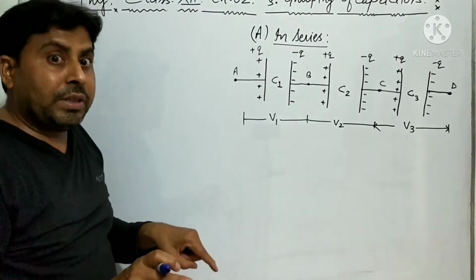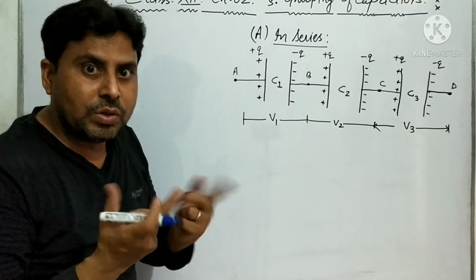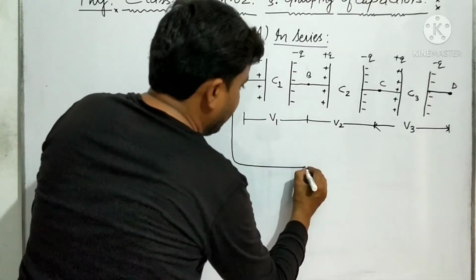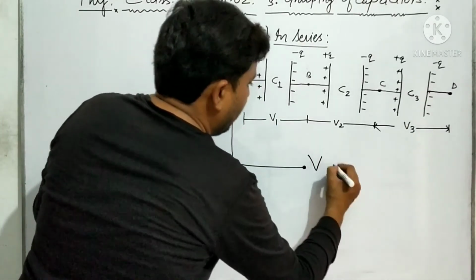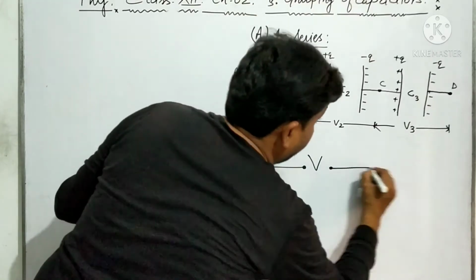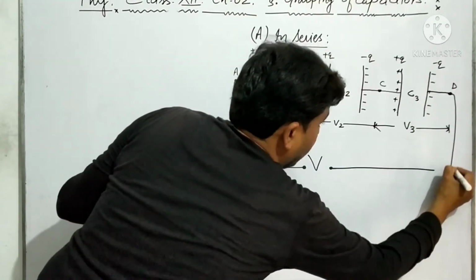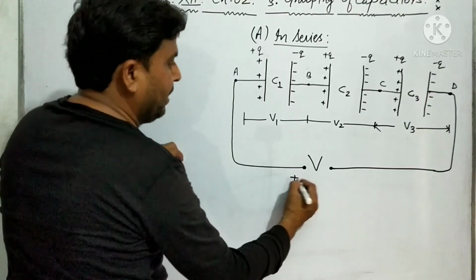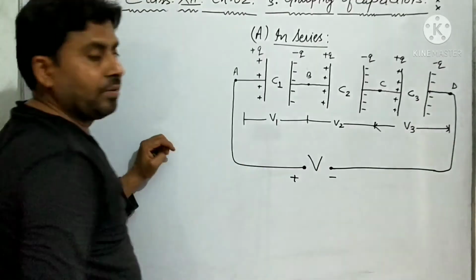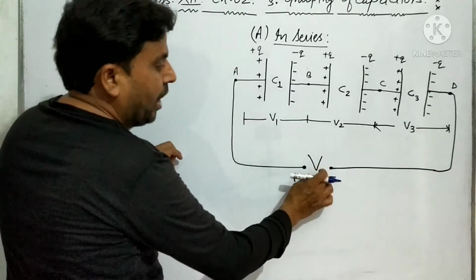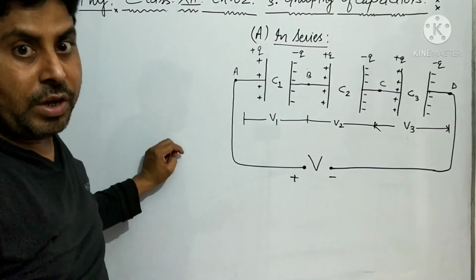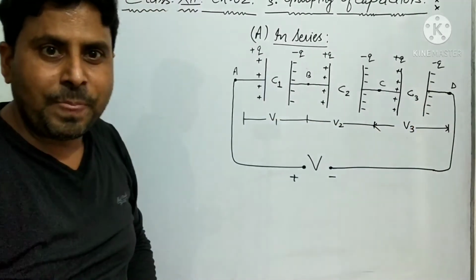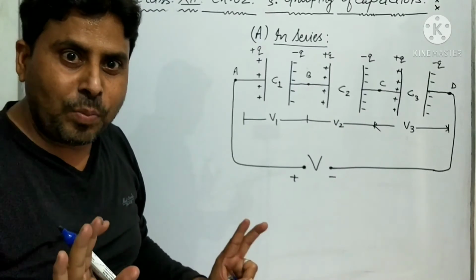will connect with the main source. So main source is here. This is the main source, high powerful battery, such that the positive terminal is here, negative terminal is here. So this is the battery high power source in which all three capacitors are connected. Is it clear? No problem.